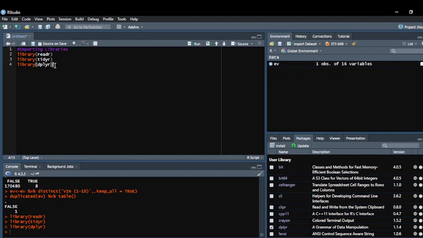So after that, we're going to import the CSV file, and this is how you do it. First of all, you assign it a variable, and I'm just going to call it EV since it is data about electric vehicles. And so you can write equals, or you can write this sign here, which is just a less than, and then a dash,